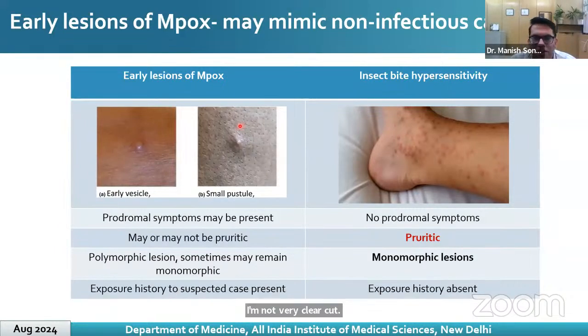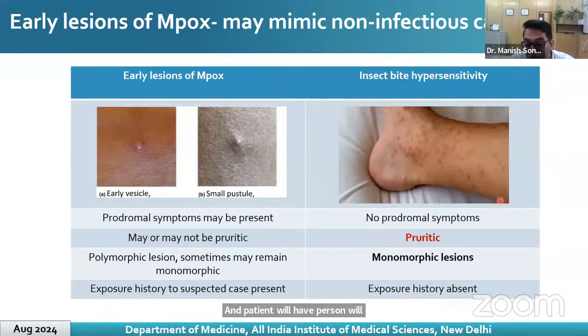And this is very common during the post-monsoon season in our country: insect bite hypersensitivity. This is typically more intense in children. Again, we are expecting Mpox this time to be more in children, so this is something that we might come up with. So in exposed areas, such rashes appear, and the person will have no other prodromal symptoms,